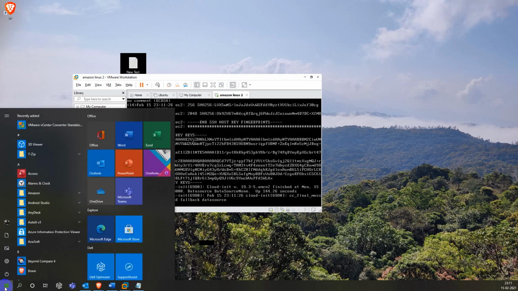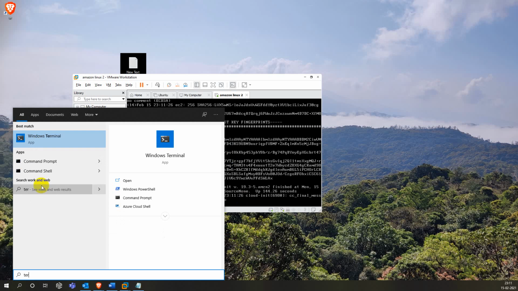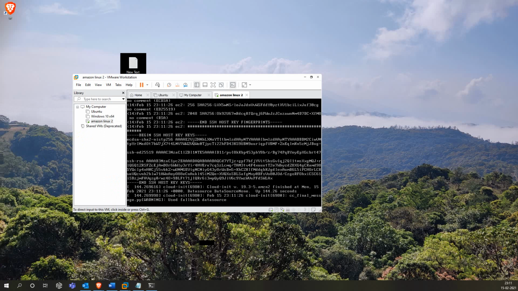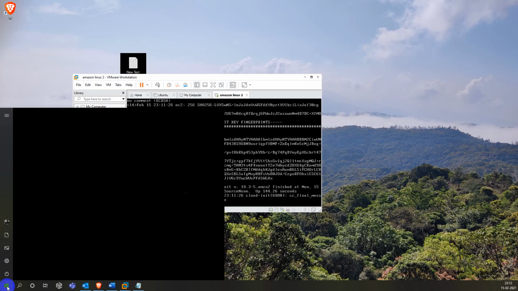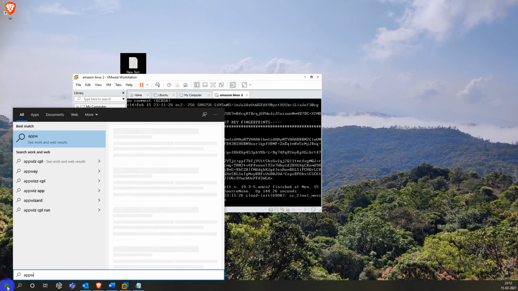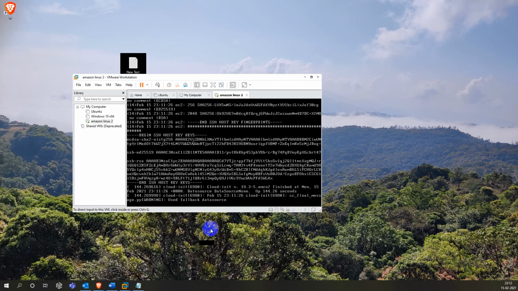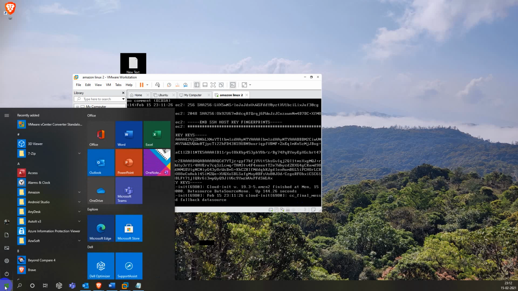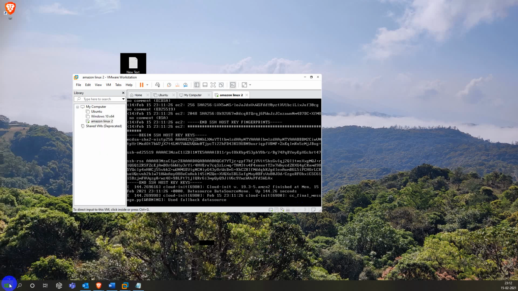Now on Windows, you type terminal. If it is not available, you need to go to the Windows Store and search for Windows Terminal, and you will get this one. Or you can go to add or remove programs. You need to enable SSH on your machine even before using the terminal. SSH is usually enabled by default.